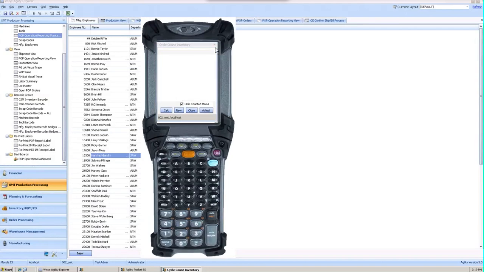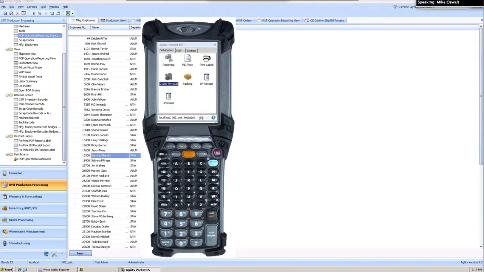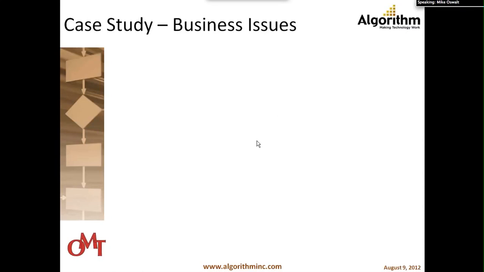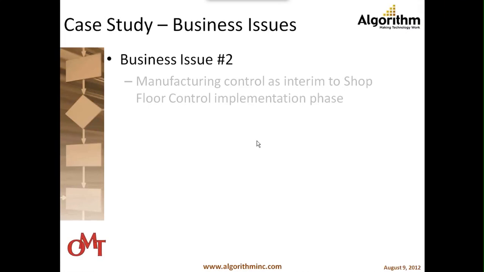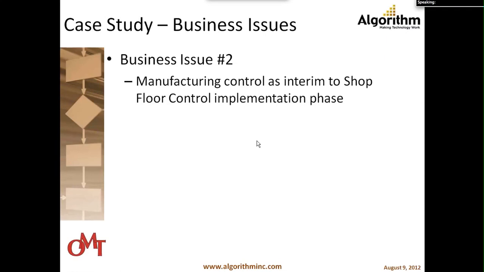So back to the PowerPoint. That was the inventory counting process. Next business issue was the way they do manufacturing. And for many of you who are running production order processing, in their particular case they weren't running manufacturing at